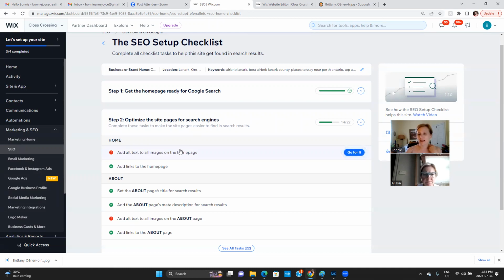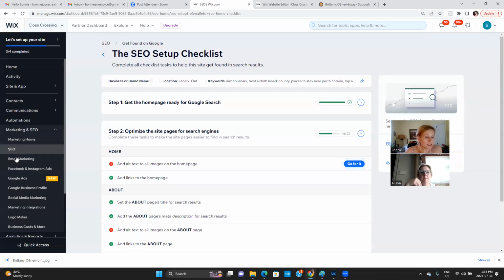It's a great way to add new content to your site. Adding new writing to your website is always a good idea, or even just making changes. It just shows that the site is relevant and current and up to date. So that's search engine optimization.